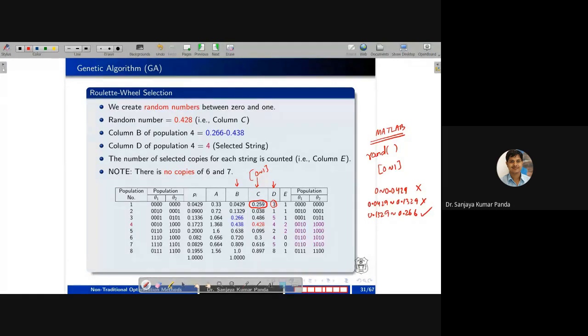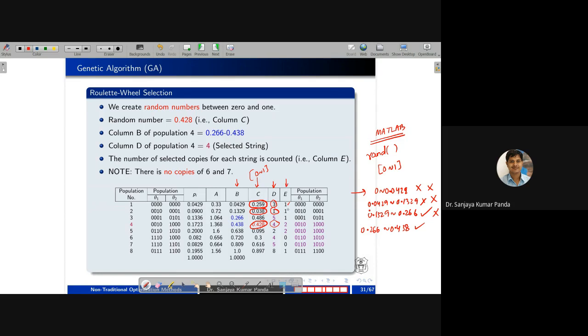Okay. Now you tell me 0.038. Is it in the range of this one? 0.038. Yes, that's why it is written as 1. Similarly, 0.428. Is it in the range of this one? This is 0.0428. So it is no. This is also no. This is also no. Is it between 0.266 to 0.438? The answer is yes. That's why the value is written here. It is 4. Right? Now, once you have prepared column D, column E is counting how many times 1